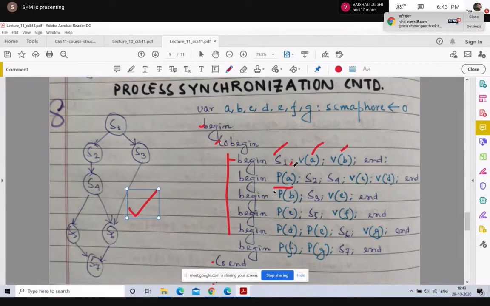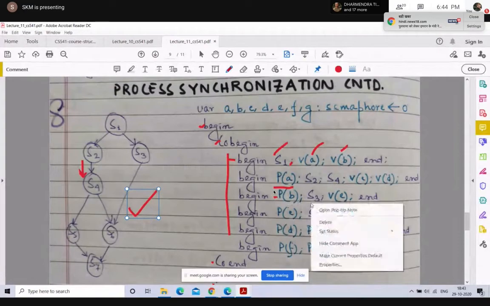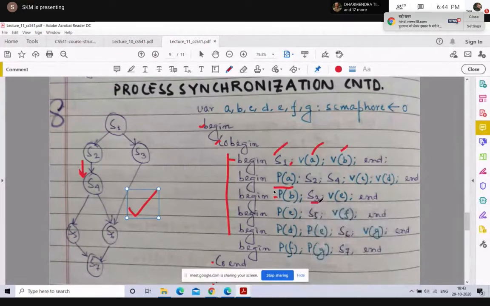After S2 is executed, it will execute S4, so I have put S4 after S2, and then V of C and V of D. Then in the third process, I have P of B followed by S3 followed by V of E. Same as in the second process, unless P of B is greater than 0, it will not execute S3. And S3 comes after S1's execution is over.